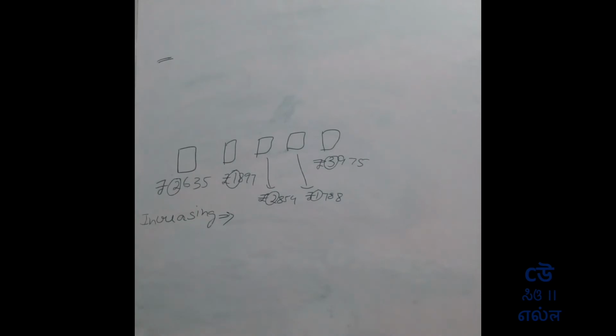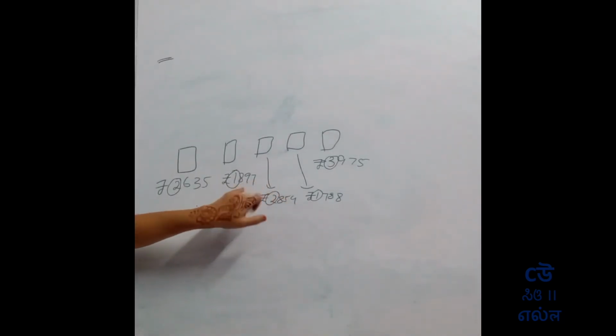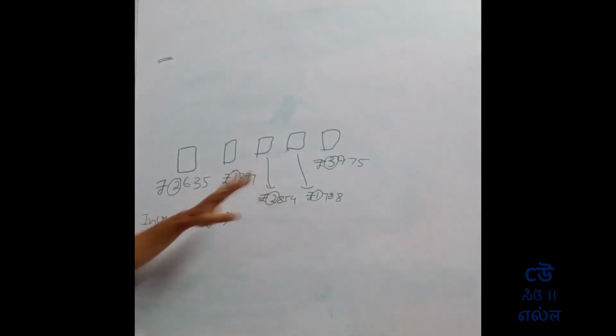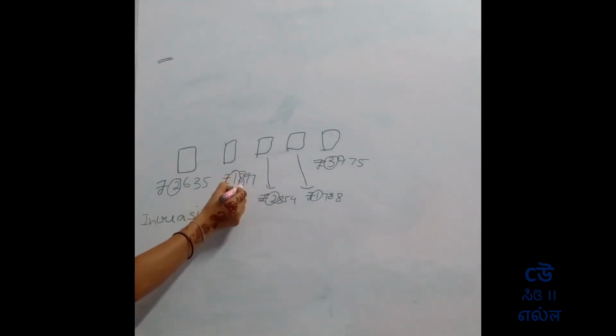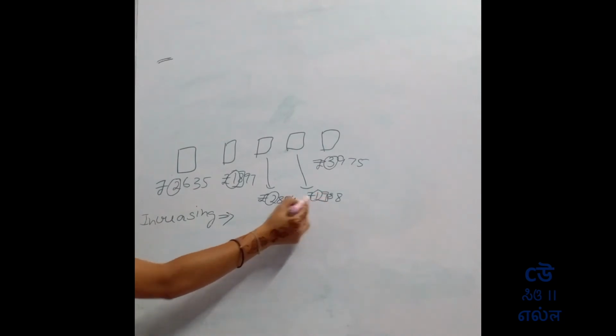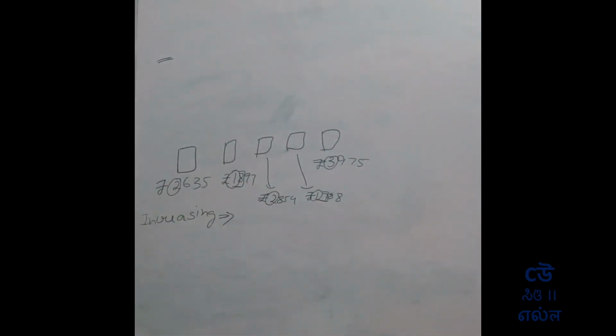Okay. So which is the smallest among these: 2, 1, 2, 1, 3? Which is the smallest? 1 is the smallest. So 1 you have twice, that is here and here. So next condition is what? You have to go to the next number, that is 8 and 7. So 8 and 7, which is the smallest number? 7 is the smallest number. So that will be first